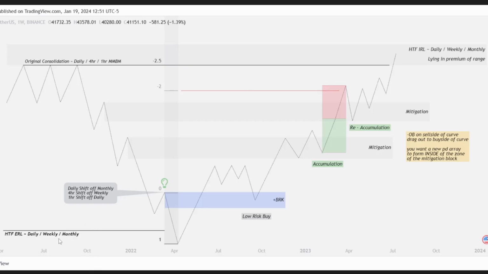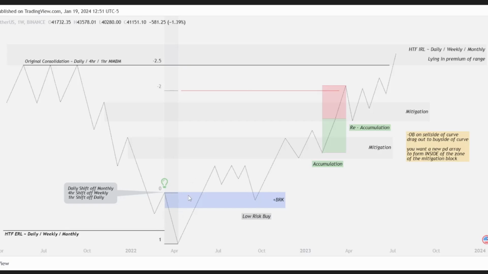So when price reaches this daily or weekly external range liquidity pool, we're going to drop. If we're on the daily, we're going to drop to the 1 hour. If we're on the weekly, we'll drop to the 4 hour. Monthly, we'll drop to the daily. So when price pushes up and closes above a swing high, like we have labeled here, we wait for price